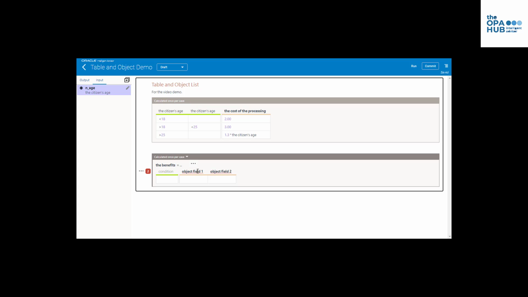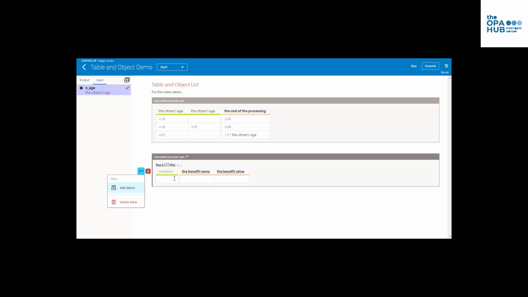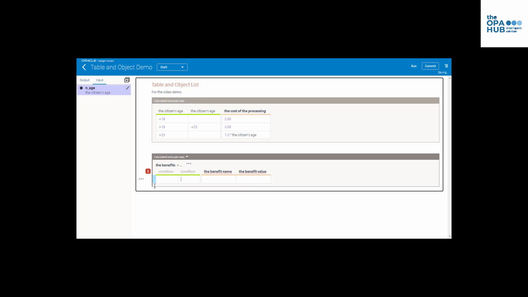And we'll say here is going to be something like the benefit name and the benefit value. So these obviously are attributes of the benefit, and my condition will be, let's have a couple of columns here. We'll say the citizen's age, and we'll say